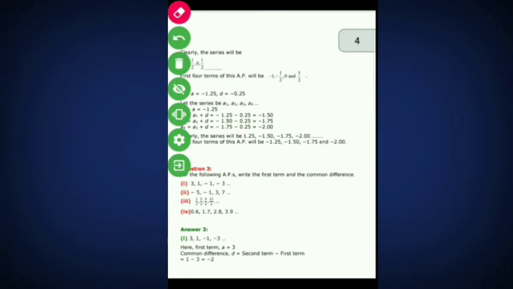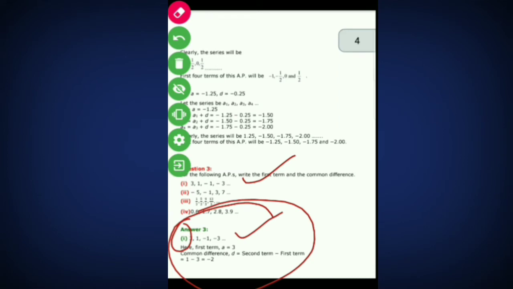Okay, students, I think all of you have got it. Now we will understand by the solution. Okay. In the first, the solution is given here. This is the series. As you know, we are studying arithmetic progression. In short, I will say only AP. Okay, students. Tell me what is the first term? That is 3. That is why it is written here.